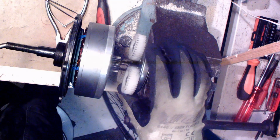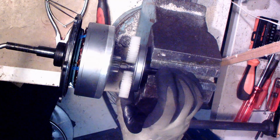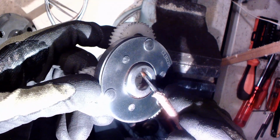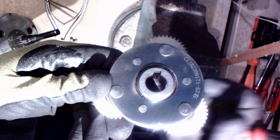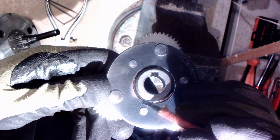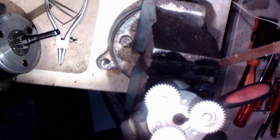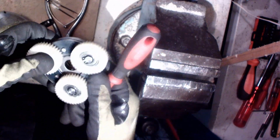So the noise coming from this clutch unit, I think that have some problems. I'm not sure, but this looks like rust, or maybe this, I don't know. Also, this looks also rust, or is it grease? I don't know. But this unit is my second motor, and this is not that one which is on the